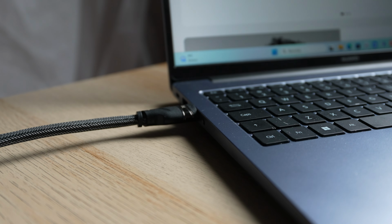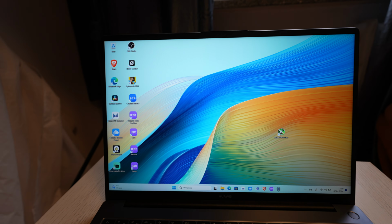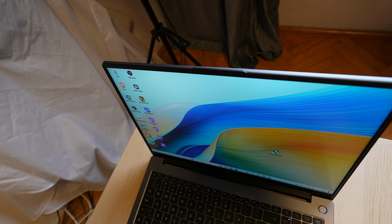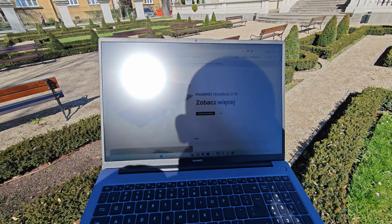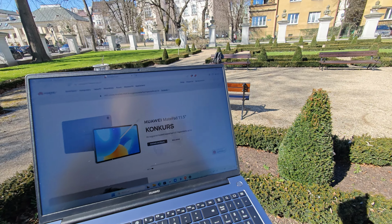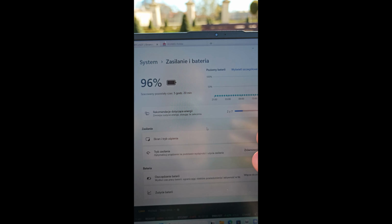With the HDMI on the side, you can connect external screen or even TV. Viewing angles. Sound is fully blasting and you can see everything, literally everything. Wow, there's no reflections at all. At all. With a screen on maximum brightness, the battery shows 5 hours 20 minutes for this 96%, which is